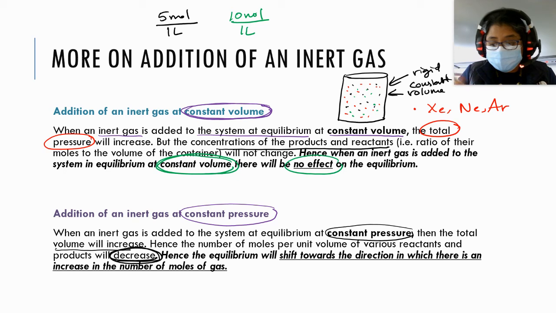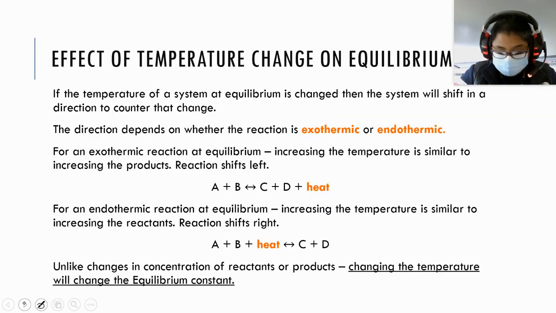So the equilibrium will shift towards the direction in which there is an increase in the number of moles of gas. Because now you have decreased the concentration, it'll go towards increasing the number of moles of gas, okay? This is much easier to see if you do it kind of